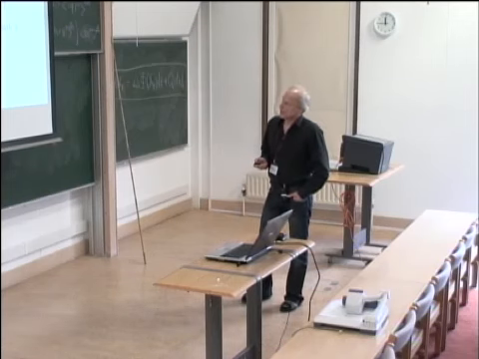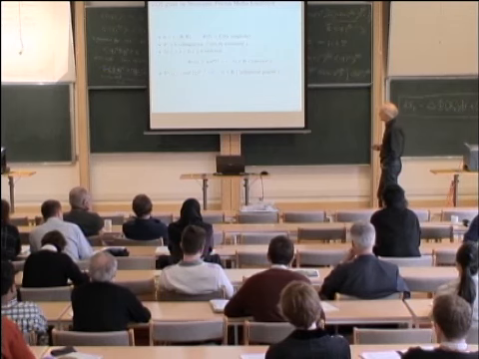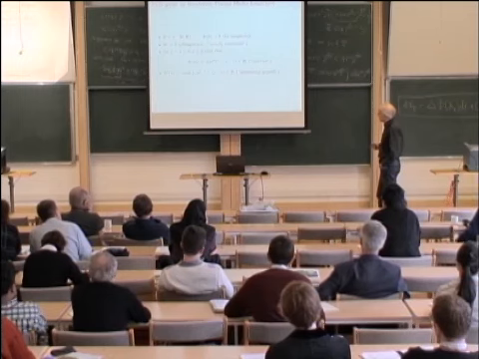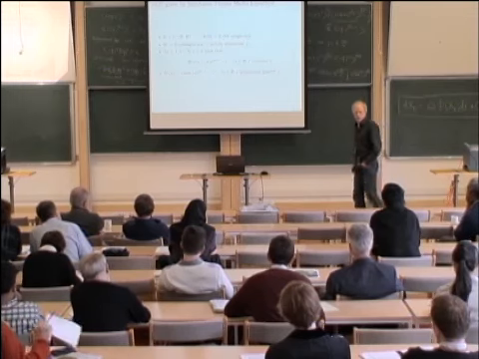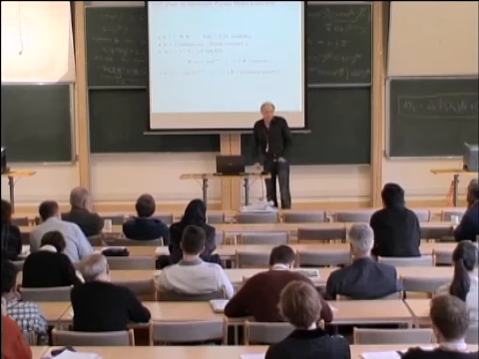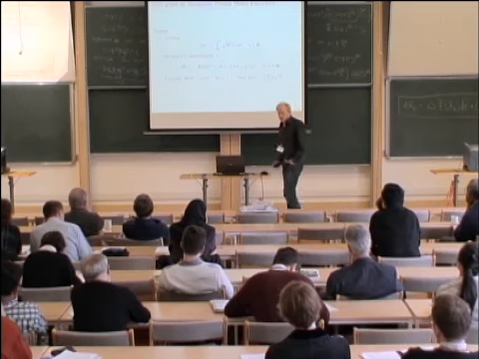Okay, and then we have the usual condition on phi, so it must have sufficient growth here. So there is a p bigger than 1, so that s times phi of s is sufficiently big to have coercivity, otherwise the equation will not have a solution for all times. And the other thing, we need phi is polynomially bounded itself, and we need a bit more, the derivative polynomially bounded here with p minus 1. So this should be basically polynomial of order p. But we need to formulate it this way because here we also have to control the derivative. Yeah? So this, of course, there's a lot of examples.